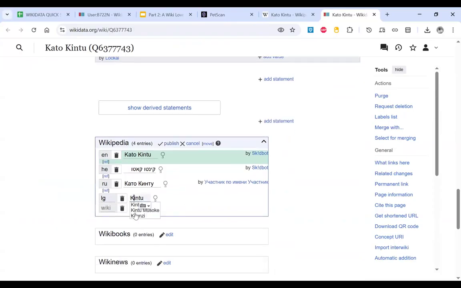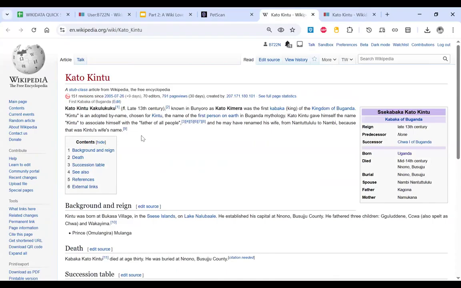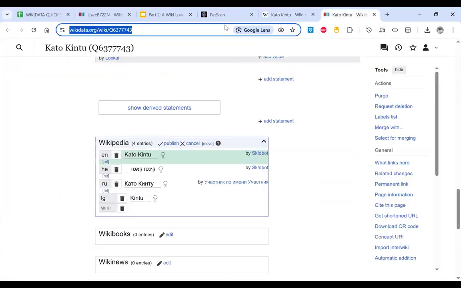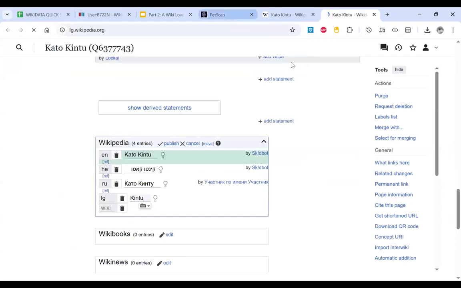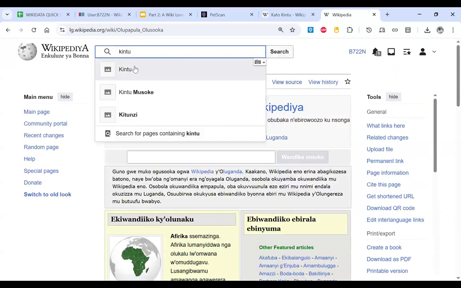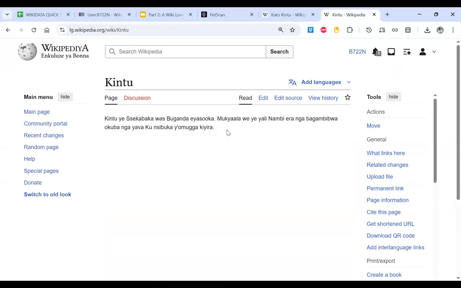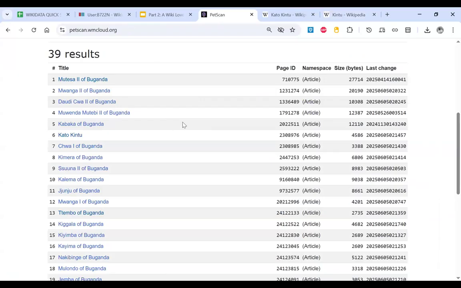So we are seeing Chintu, this first one. I don't know whether it's the person. Katochintu, past king of Uganda. So if we check, let me go to Luganda Wikipedia, it is lg.wikipedia. Then we try to search for Chintu. So Chintu, Sekabaka Uganda Yasoka. So meaning here PetScan has identified that there is no item called Kato Chintu on Luganda Wikipedia, because that's how